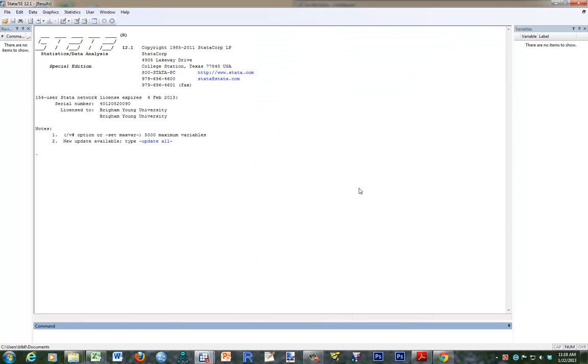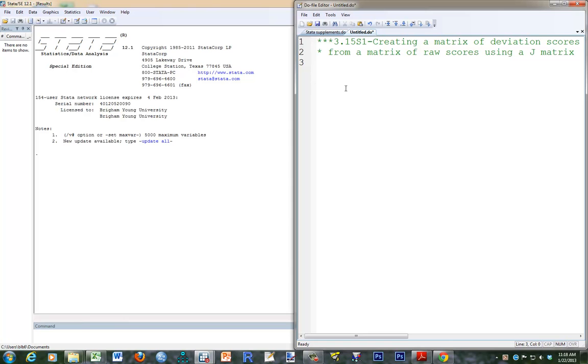I'll pull that up. And as you recall from the video when we did this by hand, we had a formula. That formula was small y equals large Y minus 1 over n times a J matrix, and then again post-multiplied by the Y matrix. So what we want to do is input